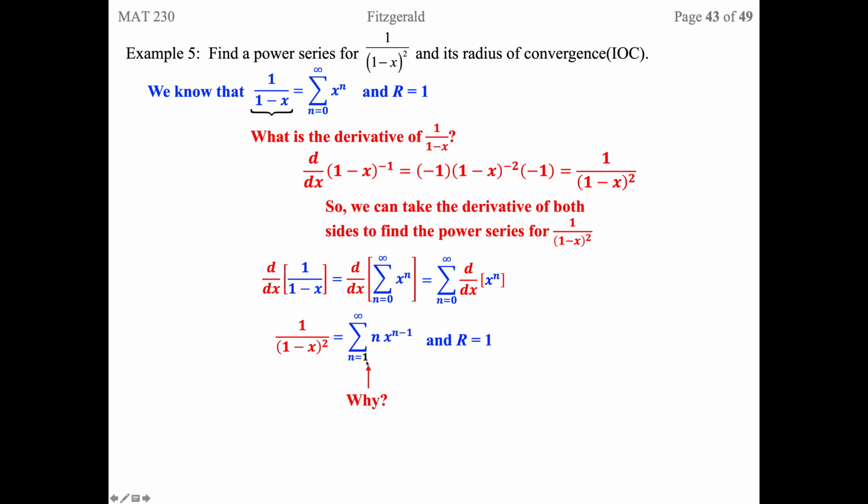Again, remember why that happens? That's that constant that disappeared. So we no longer start at 0, we start at 1 to find our first term of our derivative. Okay, find a power series for x over (1 plus 4x) all to the second power and the radius of